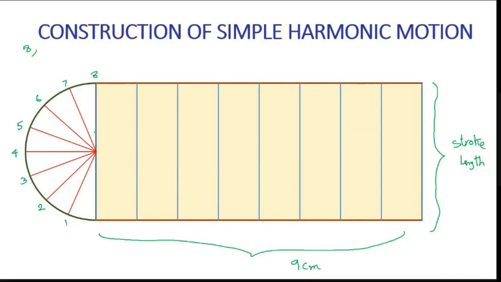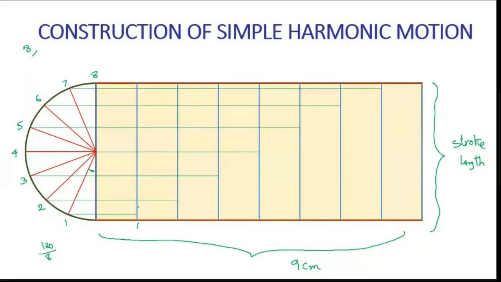180 by 8. Yes, very good. It is 180 divided by 8. This angle, whatever it is, is 180 divided by 8, and you can split it accordingly. Once you split this, draw a horizontal line. The first line is 1, up to the first line; second up to the second line, third up to third, fourth, fifth, similarly sixth, then 7th, and the last point is 8, which is connected.